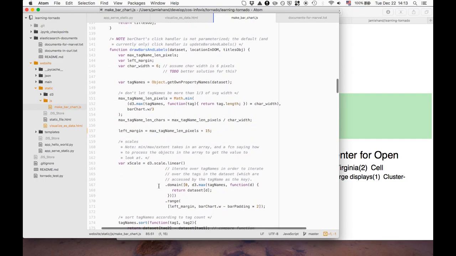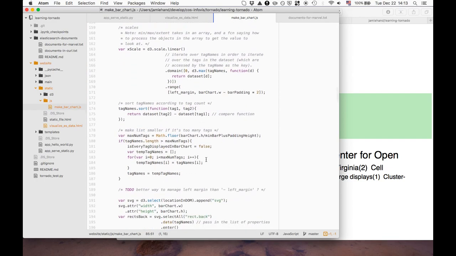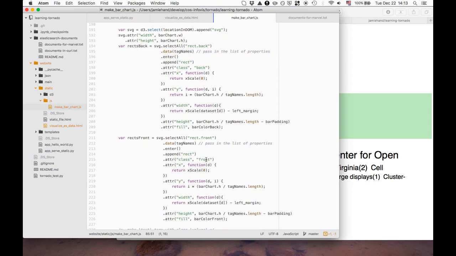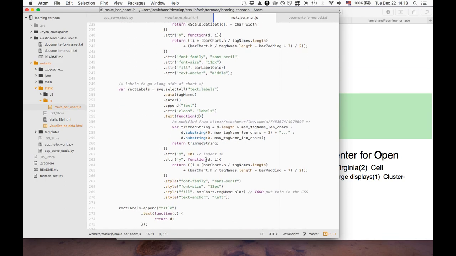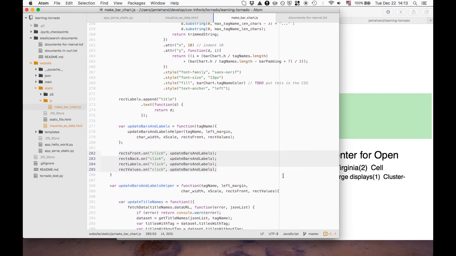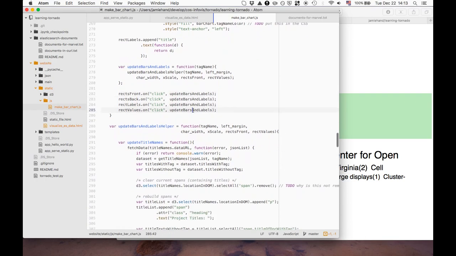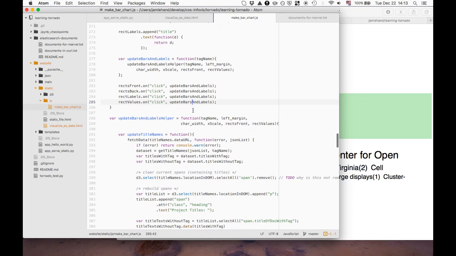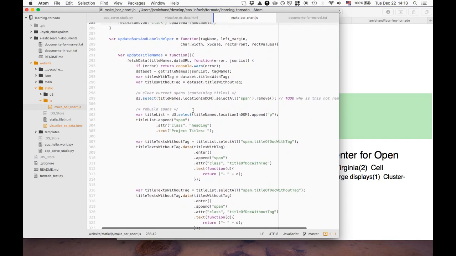I have draw bars and labels, which again does the majority of the work for drawing the bar chart. And it also has, at the end, the click handlers. And so the click handlers for all 4 of these components, the rectangles on the front, the rectangles on the back, the labels, and the value labels, they all do the same thing. They update bars and labels according to the selected tag. So this is my update bars and labels helper,